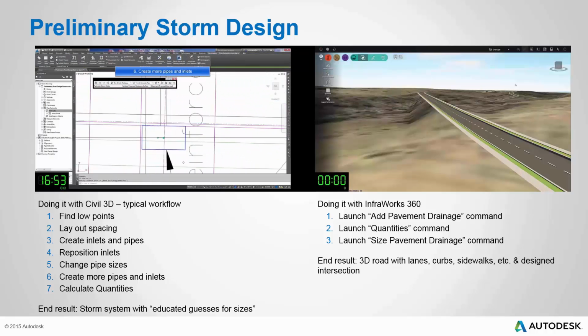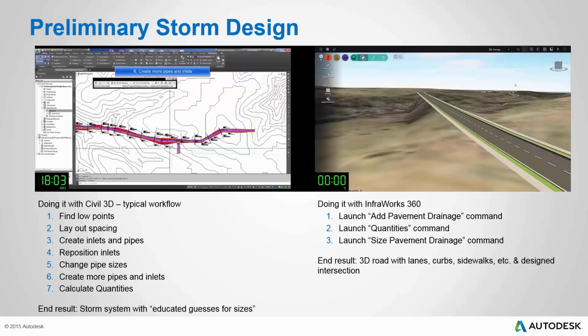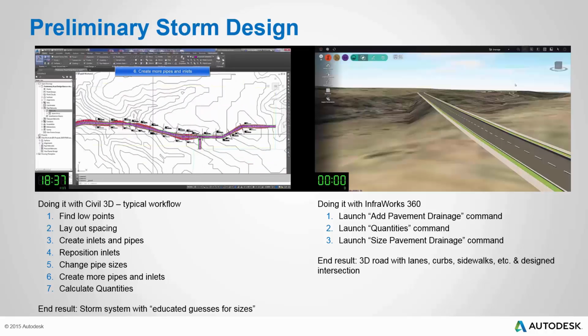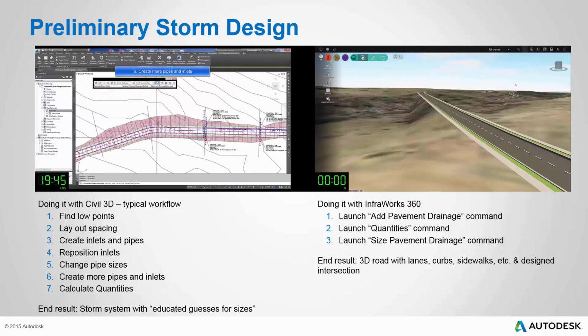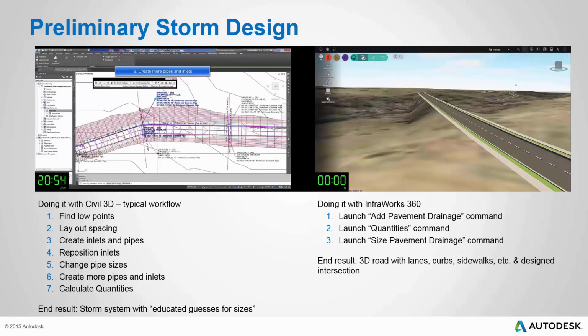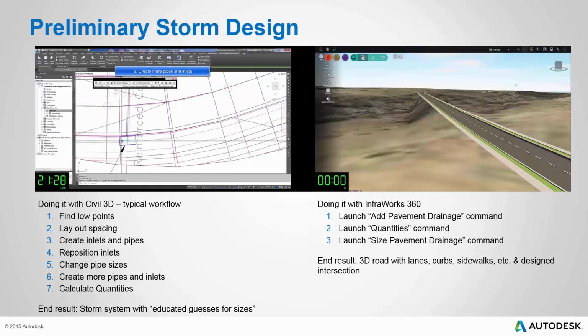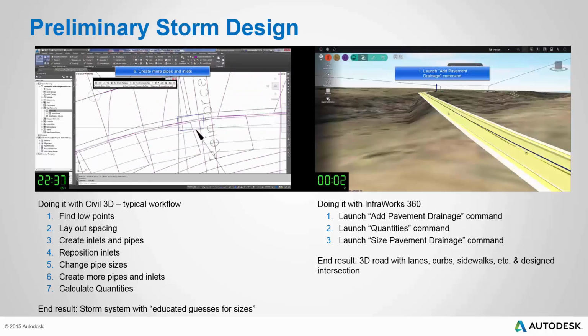Civil 3D, again, is a great tool for the detailed aspects of designing the storm, but it really has too much control, too much attention to detail for a preliminary storm design. So you can see now our Civil 3D user is creating inlets on the other side of the road and adjusting all the labeling. On the right side we have InfraWorks 360, which is going to go through a